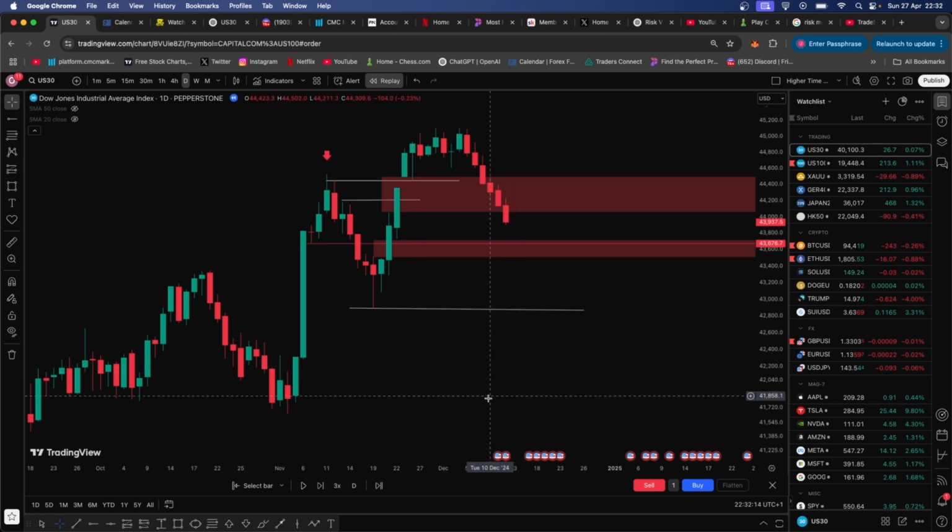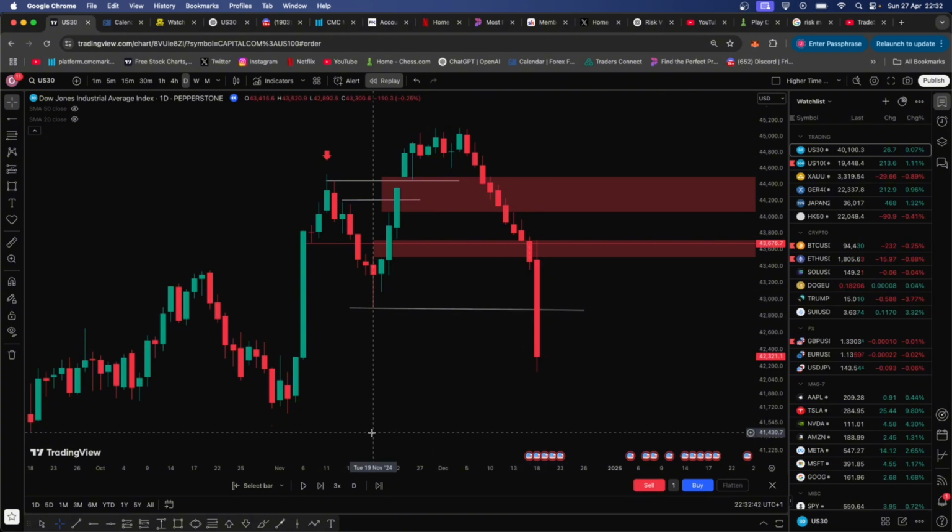But just a quick note, I advise you to always target fair value gaps. If you take a trade in a particular direction and there are fair value gaps on the opposite side, which is on the downside, you want to make sure that you exit your position within a fair value gap. Let's see what happens. We go through both the fair value gaps and then we target liquidity. Let's see what happens after that. After we target liquidity,